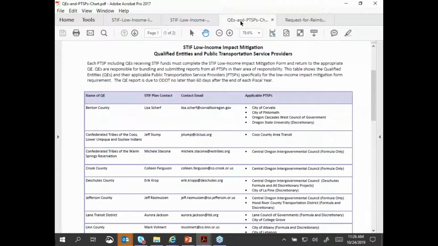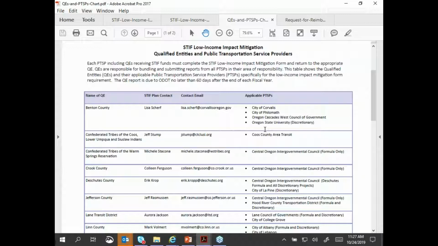And I'm going to jump to this resource, which was emailed out to all providers. This is a reference guide that we created, myself and my colleague Patrick DePriest, who's here. He's our discretionary coordinator. This table shows the QEs and their applicable PTSPs specifically for the low-income impact mitigation form requirement.